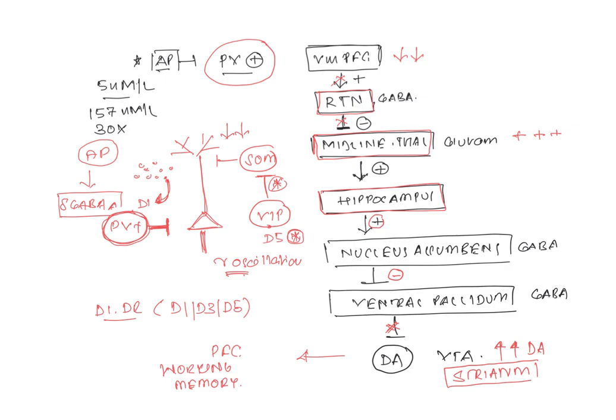And thus it's not able to synchronize the firing of these pyramidal neurons, causing a disruption in the gamma oscillation. Right? So the function of the prefrontal cortex is disrupted, and the dopamine that is released in the prefrontal cortex is not able to bring it back to homeostasis. Right?